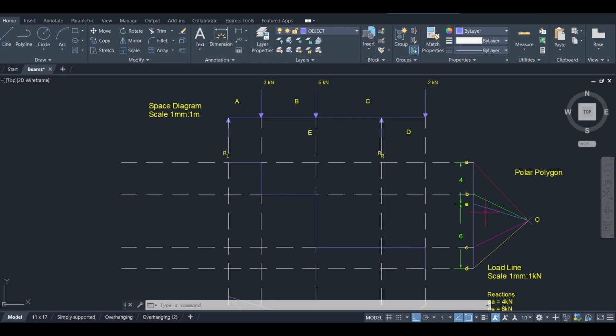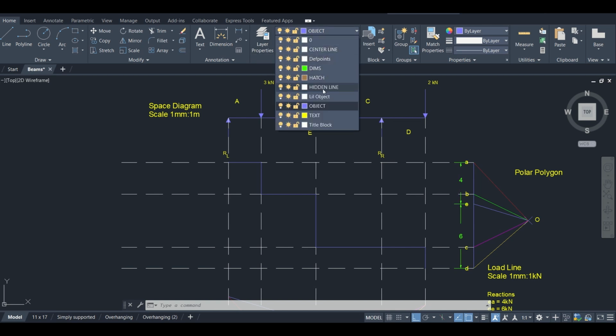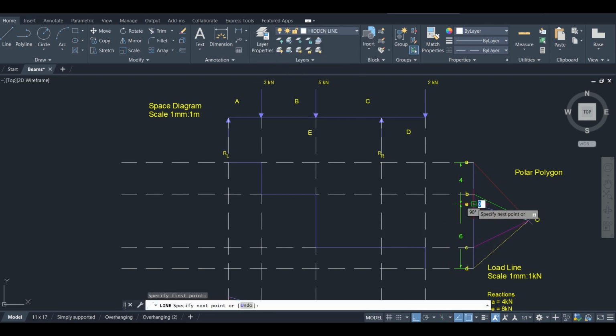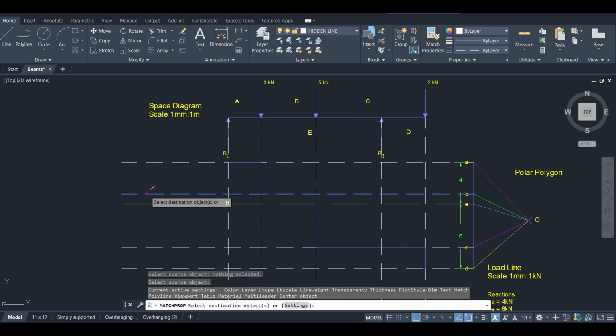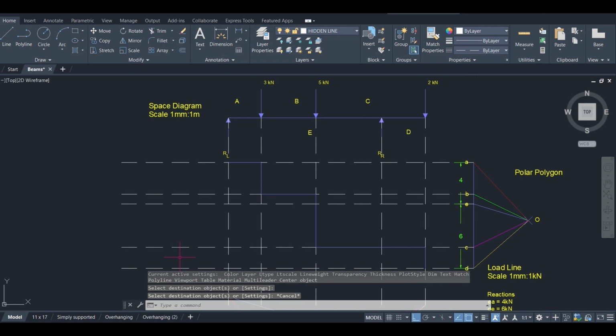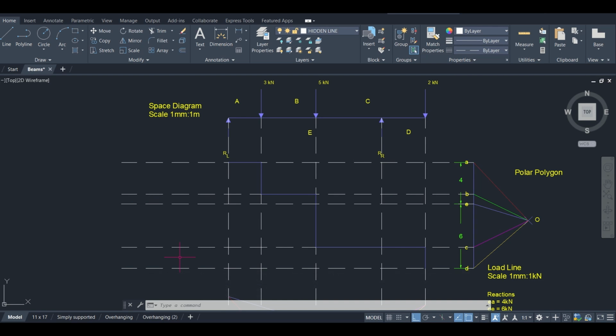Now that we added our closing side to our polar polygon, we now need to go in and add that horizontal line to our diagram. Now, as I said in my previous video, and if you haven't seen that video, I'll put the link in the iCard as well as in the description. What I usually do is put in this horizontal line after I've done the loads, so that there is very little chance that there will be some error. So I don't usually put that in at first. So I'm now going to continue